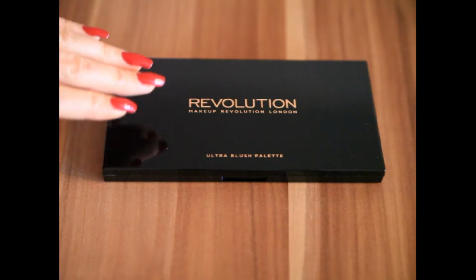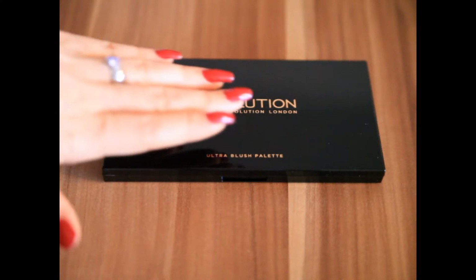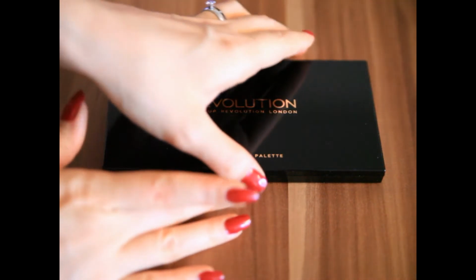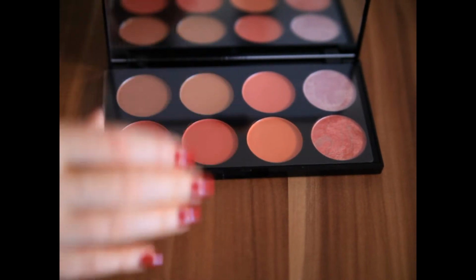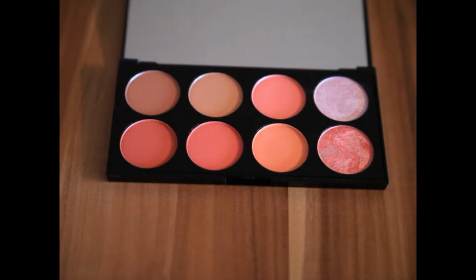So this is what the outside of the blush palette looks like. It has this sleek and very shiny plastic covering. I do fear that this will show a lot of fingerprints, but it does look sleek right out of the packaging. So let's try to open this. I've actually not opened it yet, so this is really exciting. Okay, it has a really big mirror at the top, and then it has this plastic covering protecting the actual